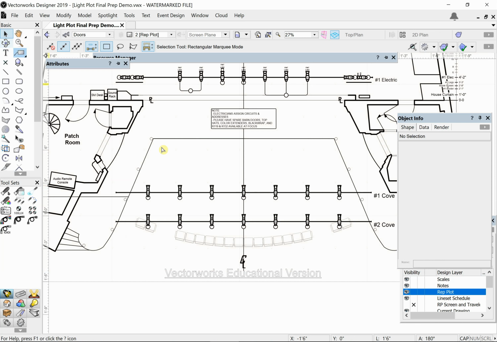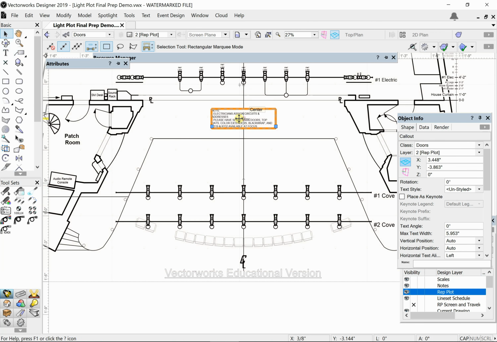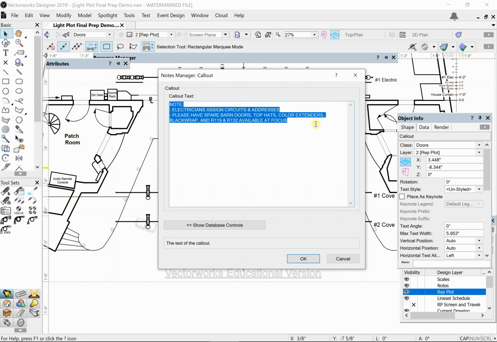I could go get the callout tool and do that thing again, or I can just duplicate, Control or Command D, duplicate this one, move it over, and just edit the text in it. Quick and easy. So in this case, the standard note, this is a thing that every lighting designer does. So the standard note is front of house, or cove positions, since that's what they're called here. Cove positions,